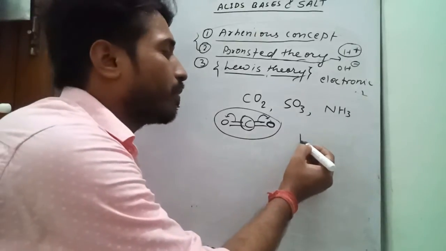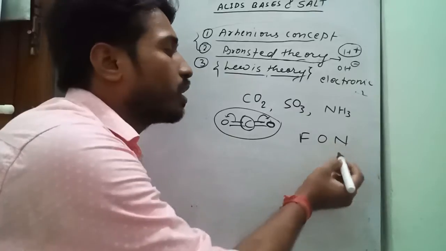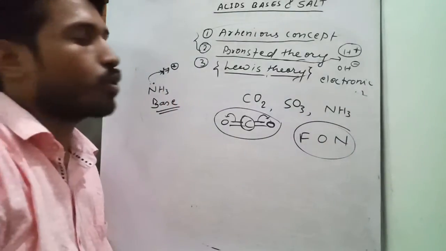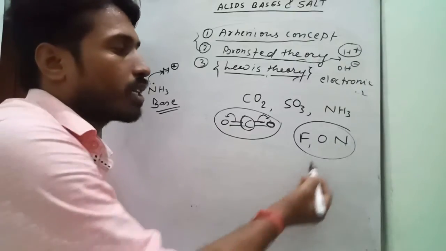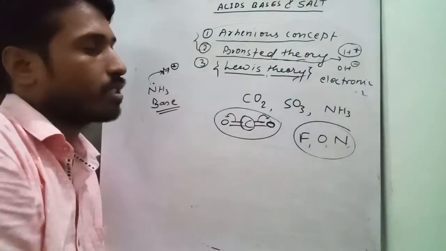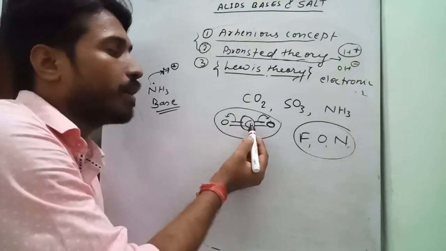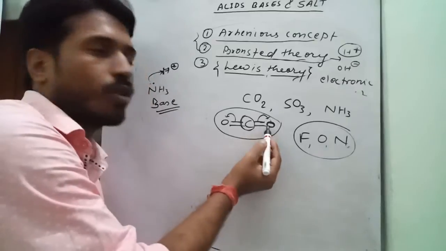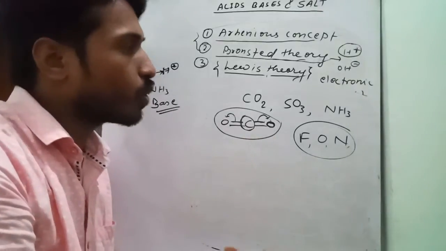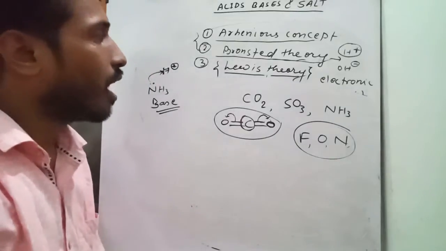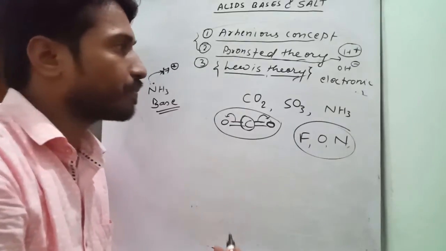In the periodic table we have the most electronegative elements as fluorine, oxygen and nitrogen. Fluorine is the most electronegative element, that means it can attract electrons the strongest, followed by oxygen and followed by nitrogen. So whenever these are bonded with any species, there will be dispersion of the electron cloud, that means the electron cloud will be shifted towards the more electronegative element. It will be studied in detail in the higher classes. So this is the basic concept of acids and bases.